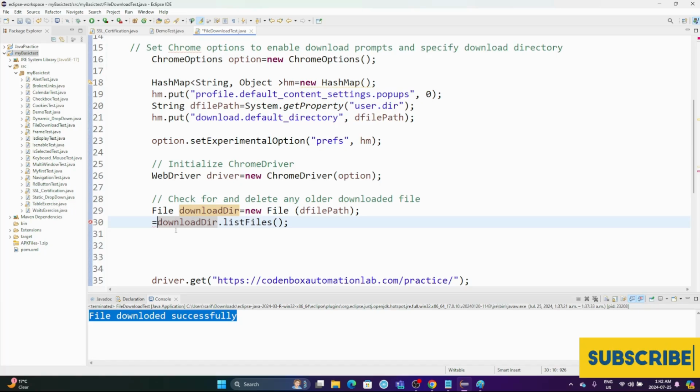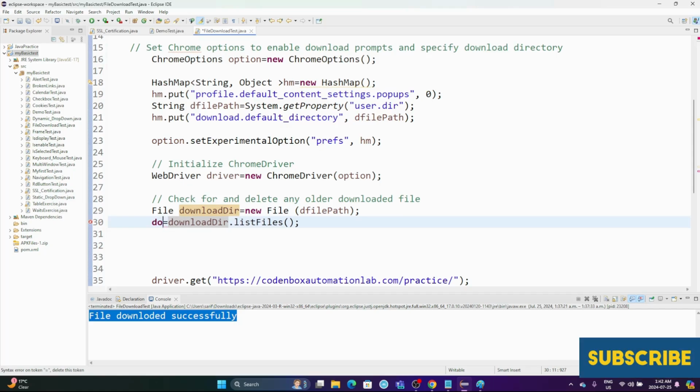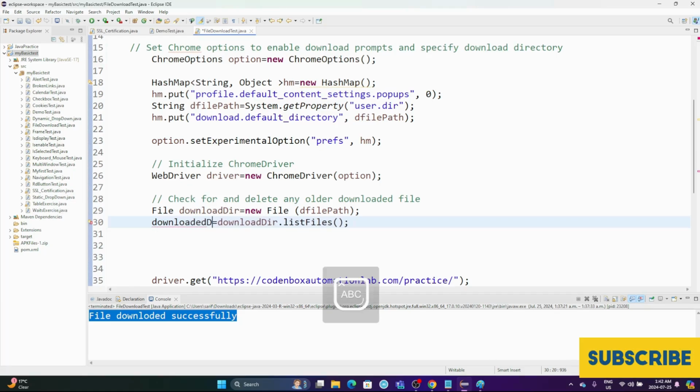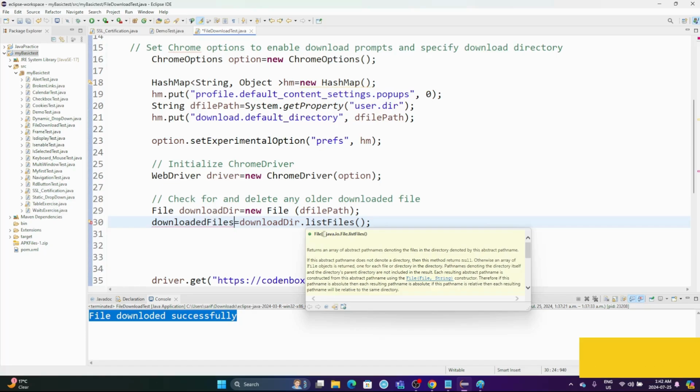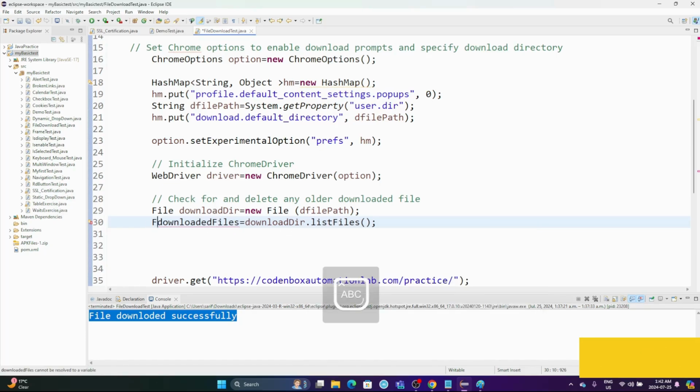We'll say downloaded files, probably. Let's see. Downloaded files. Okay, downloaded files, and the return type, as I said, if you hover again, the return type would be file. You can say file object. So return type would be file. This is a file object. Okay,